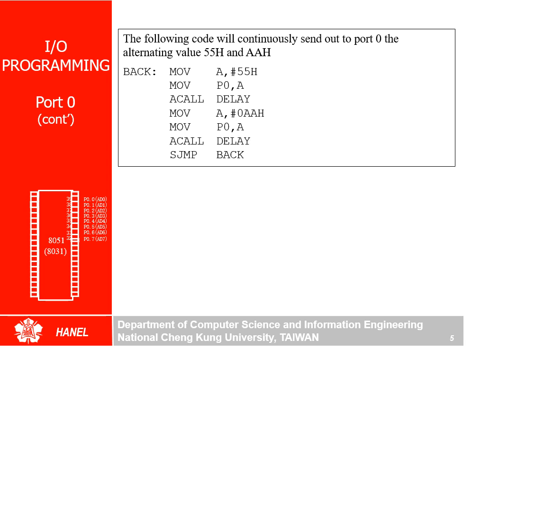So 55 means what? 55 means 0, 1, 0, 1, 0, 1, 0, 1. AA means the opposite. So first 4 LED will be on, then the other 4 LED will be on with a delay. So this program is so simple, and we explained it before. So I am going to the next one.